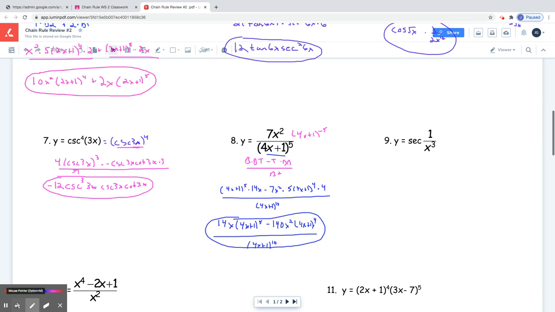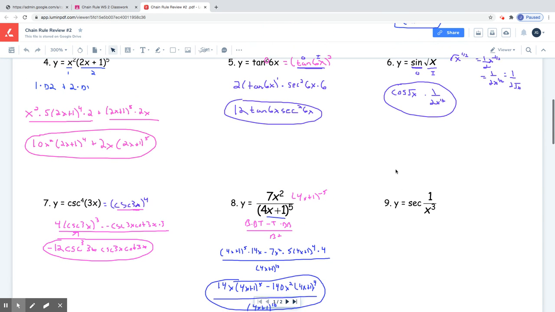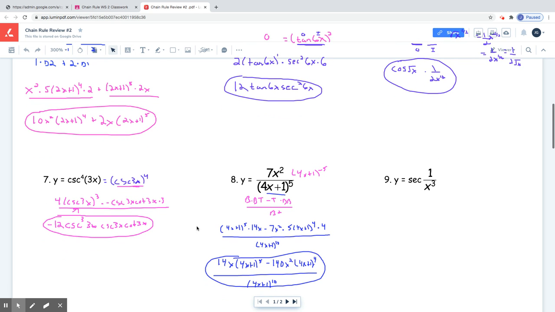All right, number 9 is going to be very similar to number 6 above it, which would be secant of 1 over x cubed. It's a trig one, but we're going to have to rewrite. Remember, 1 over x cubed is really x to the negative third. So the derivative of the outside, the derivative of secant is secant tangent. You keep whatever's after it there. If you want to write this as x to the negative third, I probably wouldn't take off in this case,